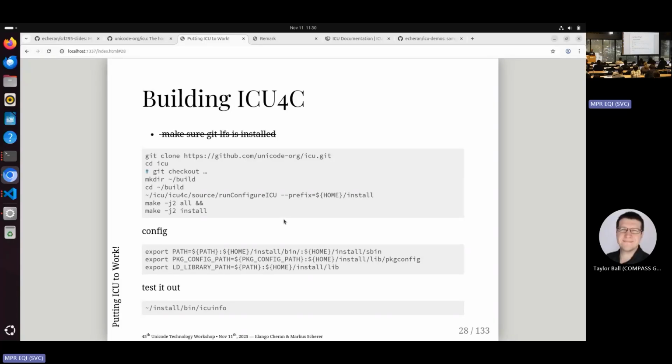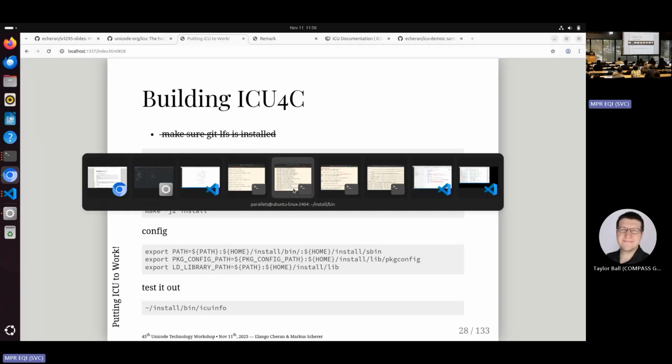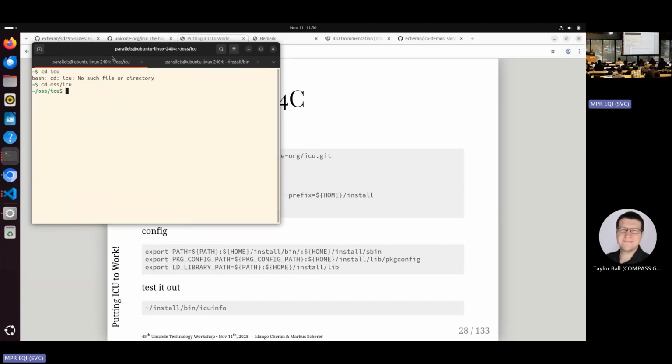But if you wanted to build ICU4C, we use the GNU autotools, so you do configure, make, install. You can clone the repo, and then compile and do all that. So if you were to do all of those steps,